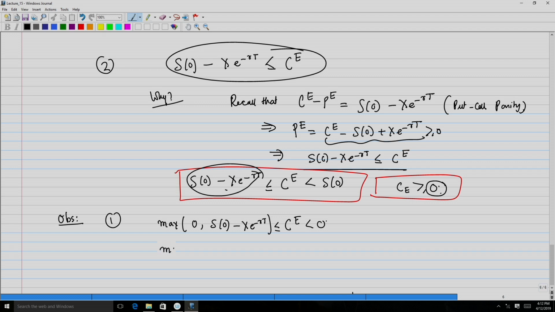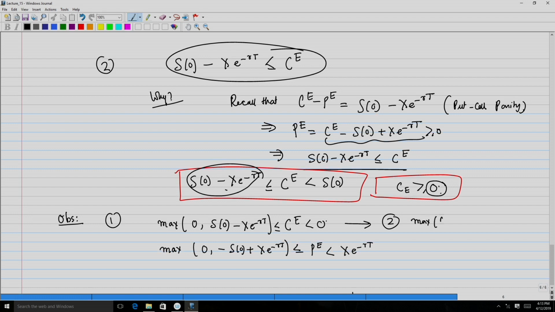Likewise, in the case of the put option, this is going to be maximum of 0 and minus S 0 plus x e raised to minus R t, less than or equal to P e, strictly less than x e raised to minus R t. Now, in case of dividends being paid, this relation gets modified to